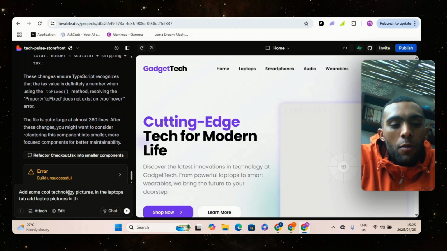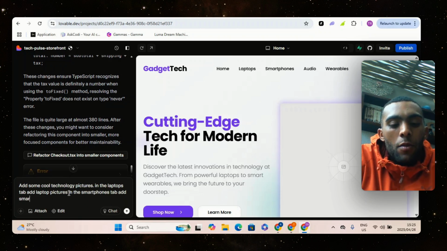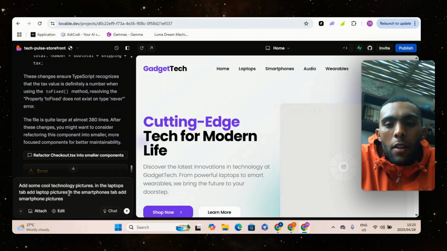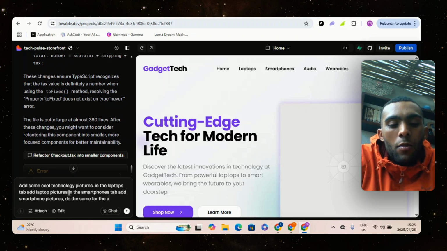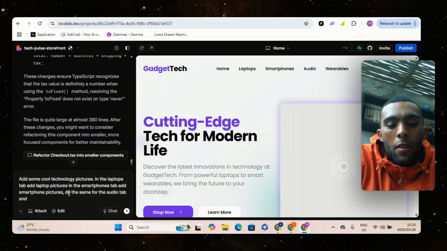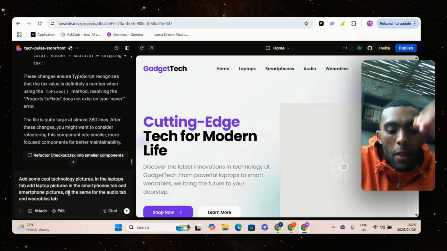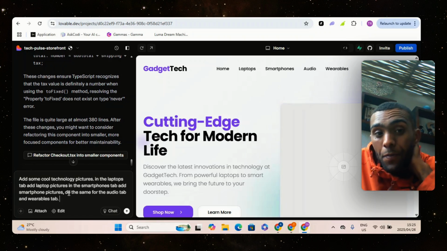In the smartphones tab, add smartphone pictures, and then do the same for the audio tab and wearables tab, and then we want to say